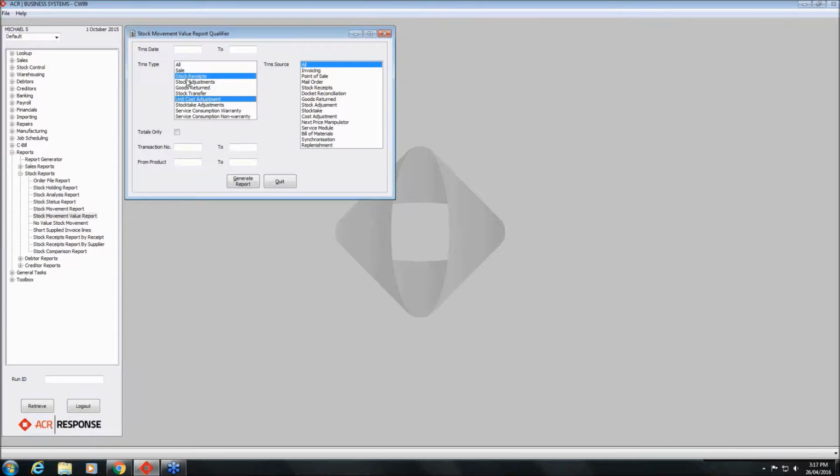So we then have options on what we can do. We can qualify it by date. We can qualify it for specific products. We can qualify it for a certain transaction number. So one way I've used this in the past is I might say, look, I don't know what my transaction number is because I want to see all the details that happened on a recent stock receipt. So what I might do is say, right, for a period of